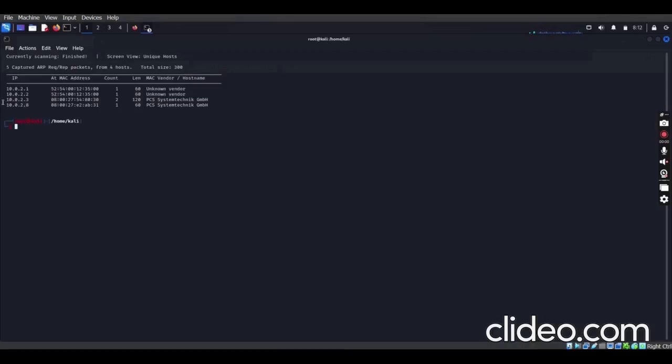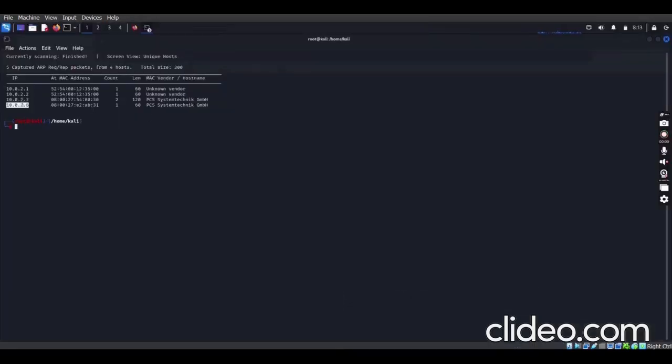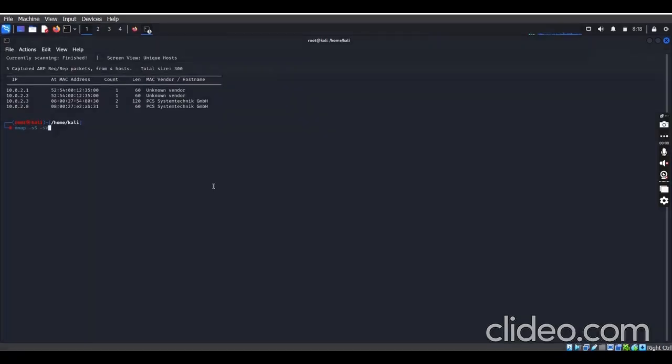Then I believe this IP here should be the machine, the server which we are trying to hack into. So I found out that this is the server IP itself. I'm going to run another command.